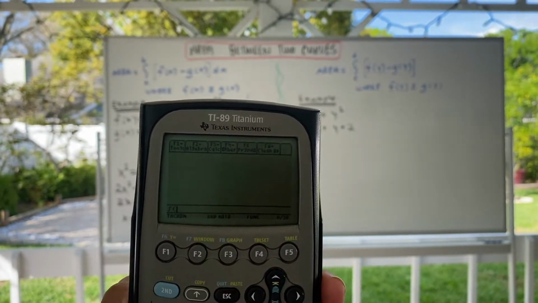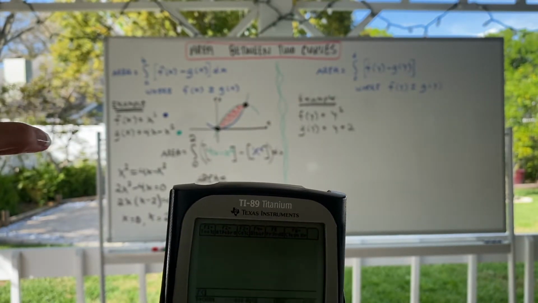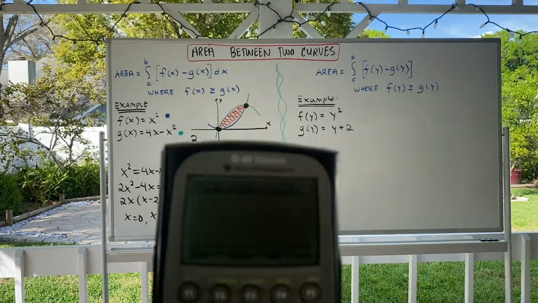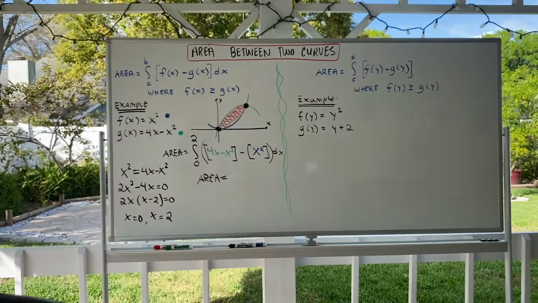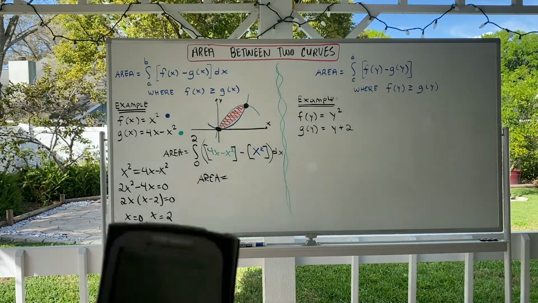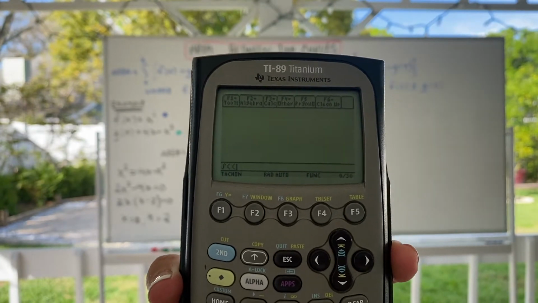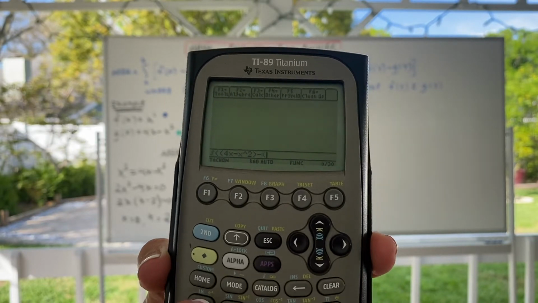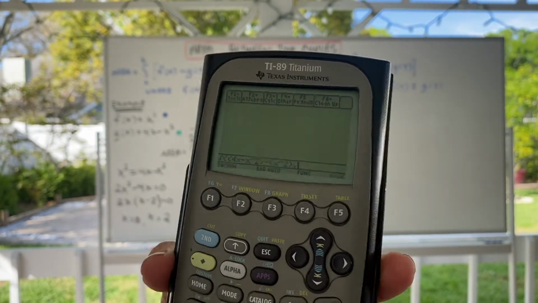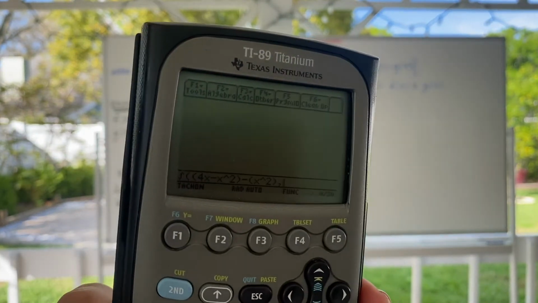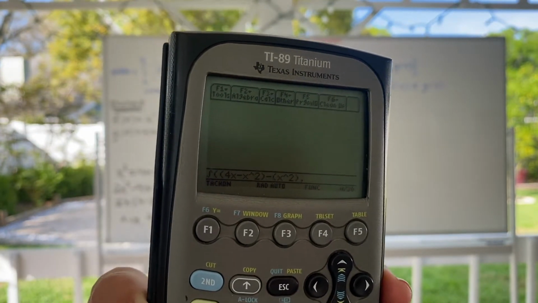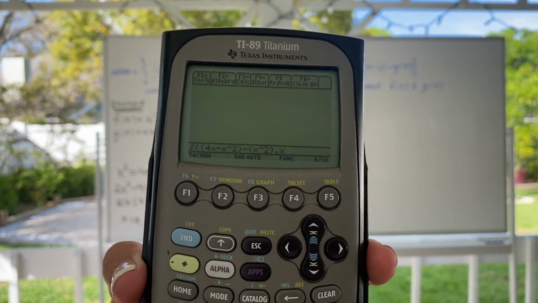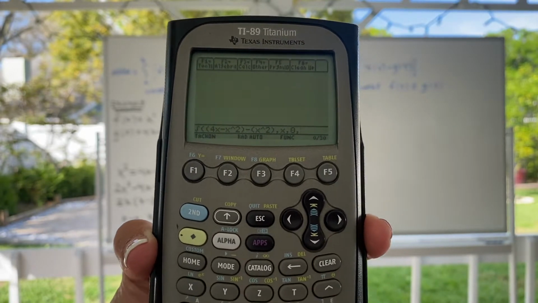Now the parameters, okay, you have to type in the function, the integrand, comma, variable, comma, lower bound, comma, upper bound. There are 4 things you've got to type in here, all right? Let's start with the integrand. The integrand is what? The parabola that opens down minus the parabola that opens up. So I'm going to put parentheses. It's going to be 4x minus x raised to the 2nd power, all right, minus the parabola that opens up, which is x squared. So there's your integrand, 4x minus x squared, minus x squared, okay? Then you have to put a comma, put the variable x, comma, lower bound is 0, comma, upper bound 2,